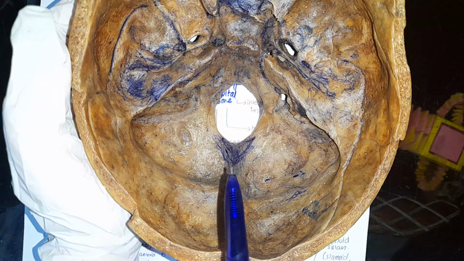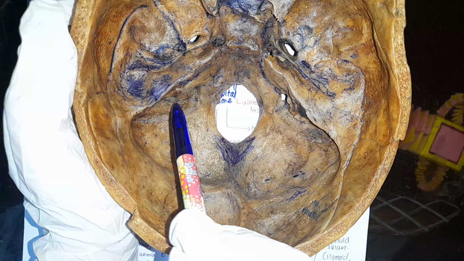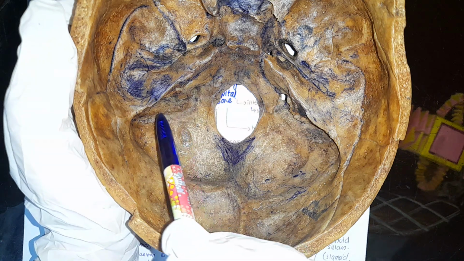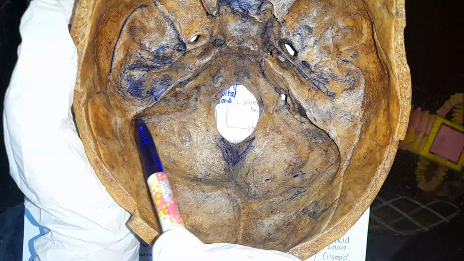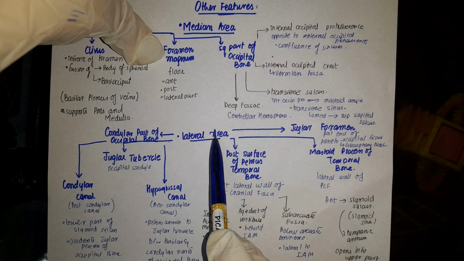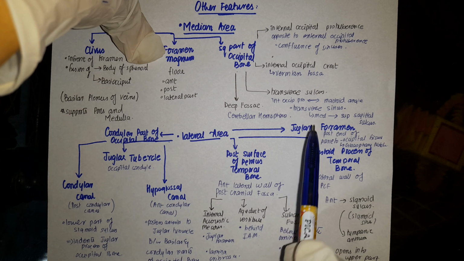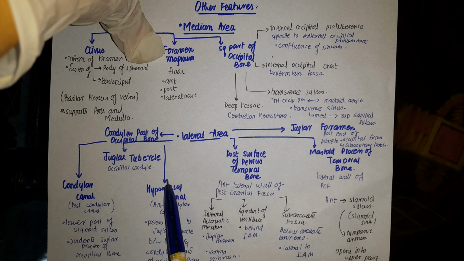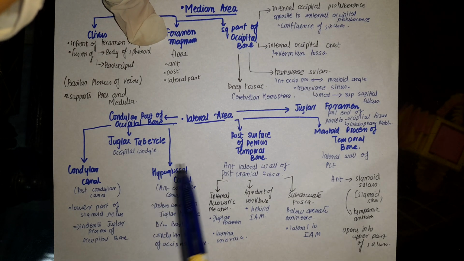Now we are going to discuss the features of the things that are on the sides. On the sides we have the mastoid process of the temporal bone and the mastoid angle, which is related to your parietal bone. Now if we look at the lateral area chart, we come to know that the jugular foramen, we have done it. It was part of the lateral portion. Now the hypoglossal canal is actually associated with your foramen magnum, but we'll look at it.